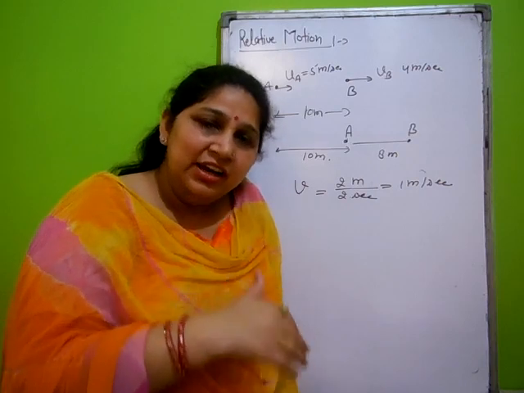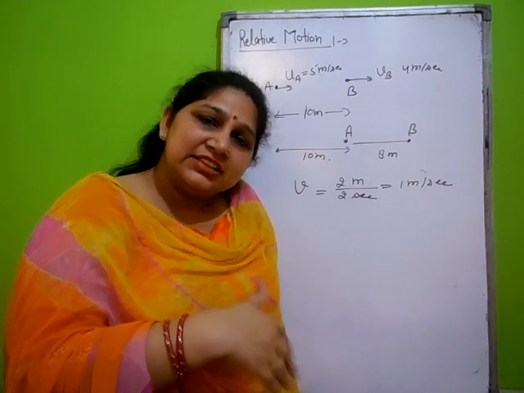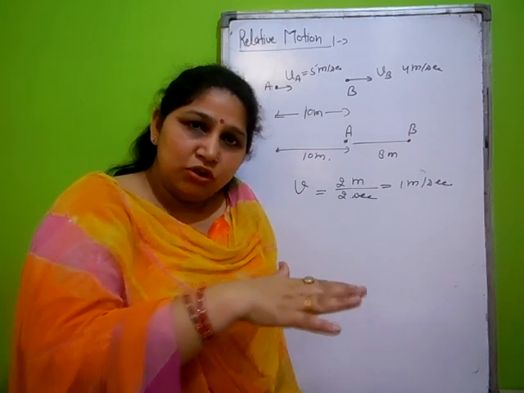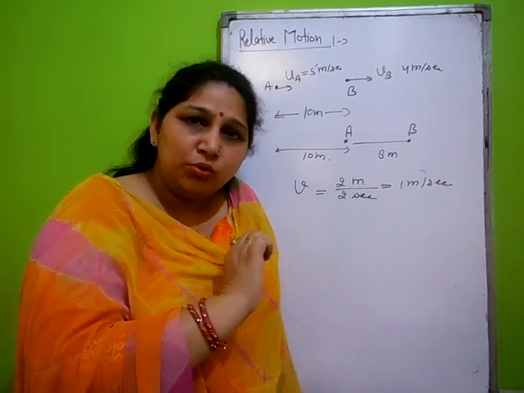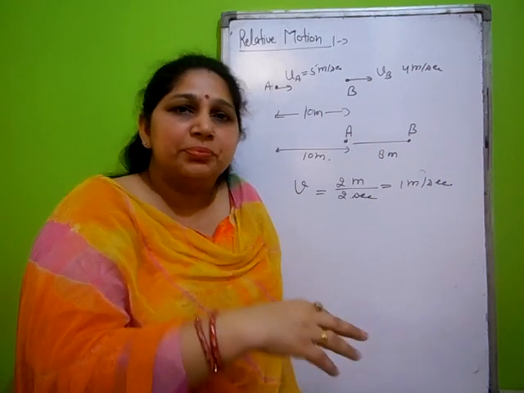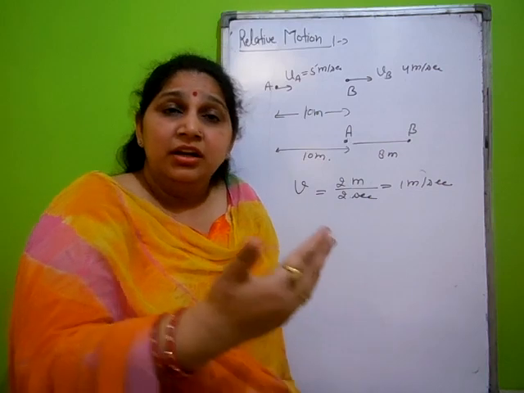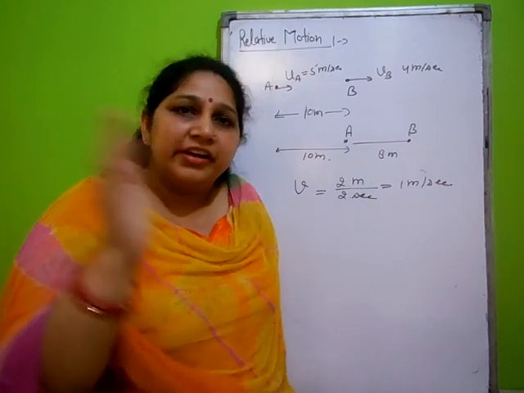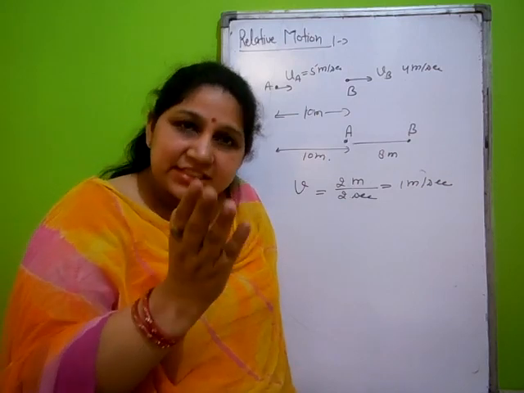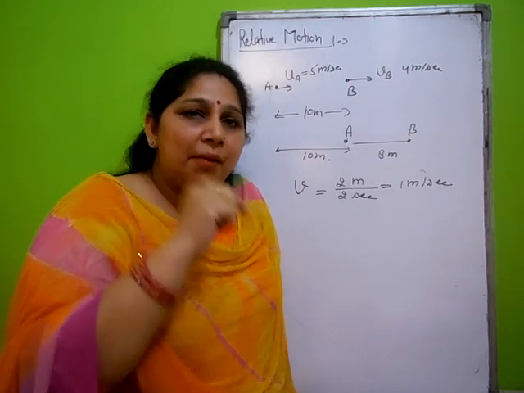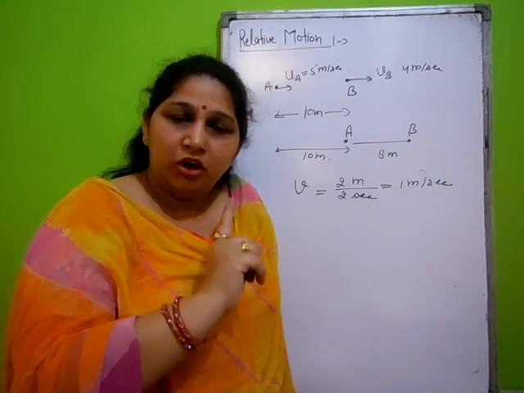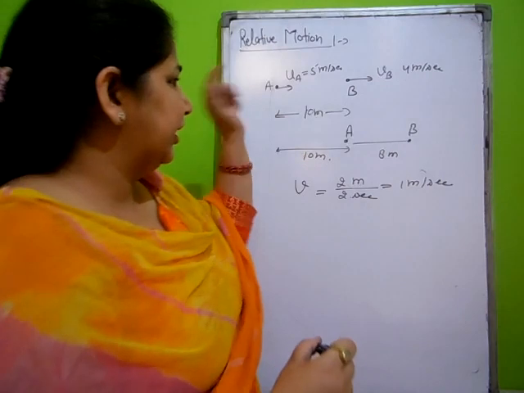Suppose we are in a train and the train is moving, then we consider that the train is at rest, as there is no change in position of us with respect to the train. But the station, any tree and any other object, any other train is moving, then we will say that it is moving, it is going, कि ट्रेन जा रही है, स्टेशन चला गया है. हमारी सेंटेंस इसी तरह से होते हैं. इसका मतलब हम अपने आप को या ऑब्जर्वर हमेशा अपने आप को रेस्ट पर लेके चलता है. Got it?